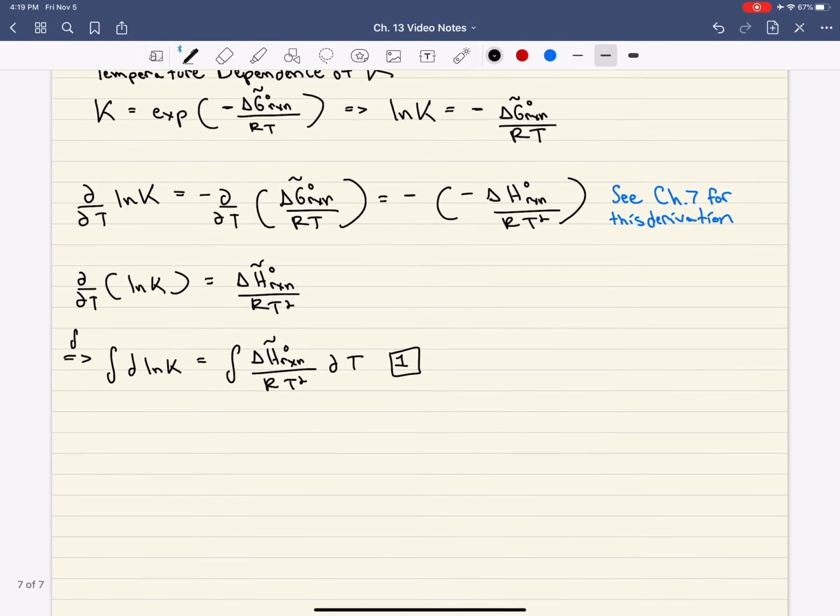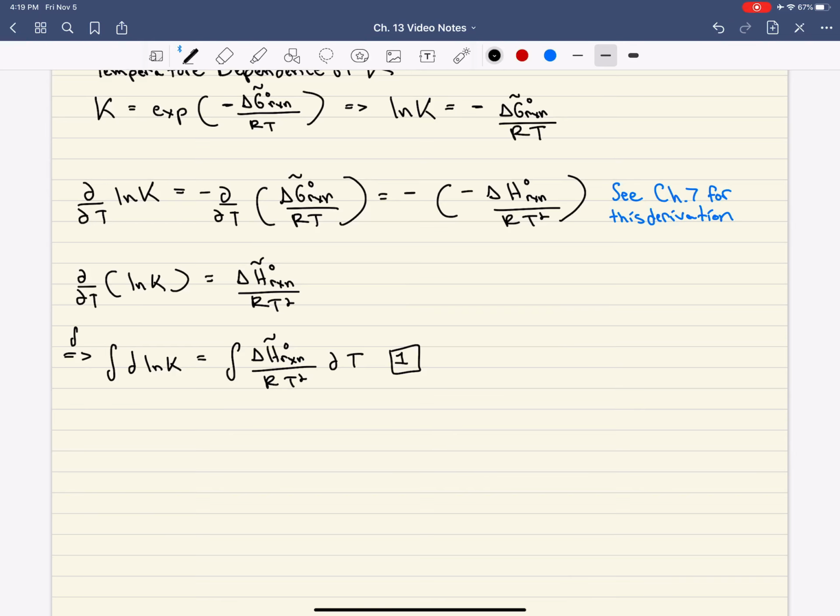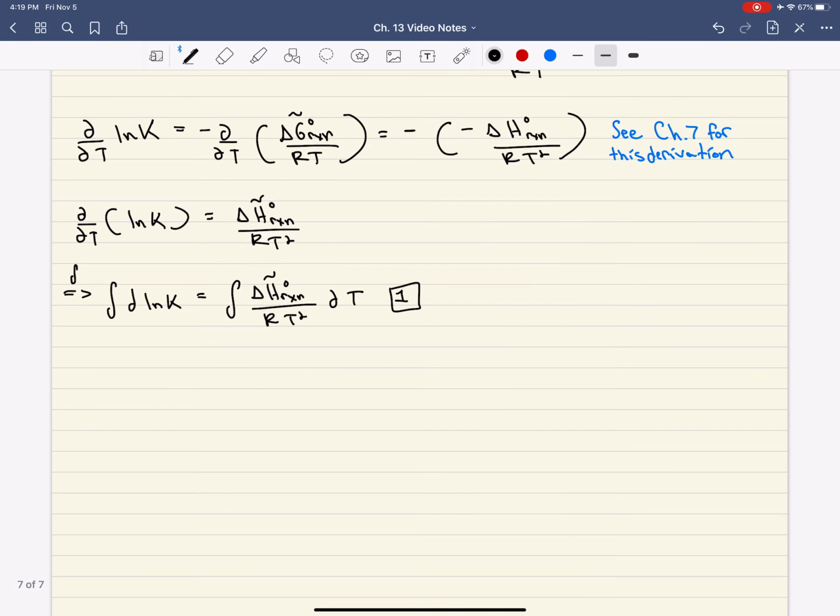Okay? Now this equation that I'm calling equation 1 can be a bit tricky, especially if you actually want to take into account changes in heat capacities between the products and the reactants. Okay? And so there's a long derivation to show that. But what I want to focus on now, at least to keep things simple for the end of the year, is that if you run into a situation where there's a similar number of moles on the reactant and product side,